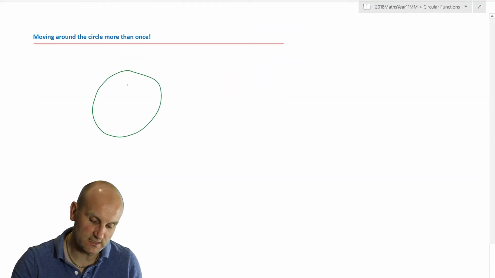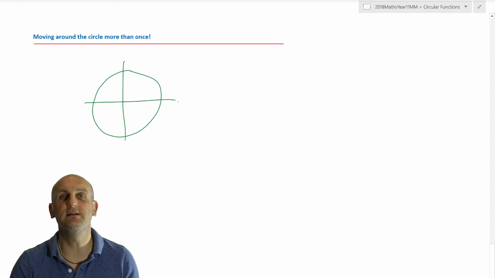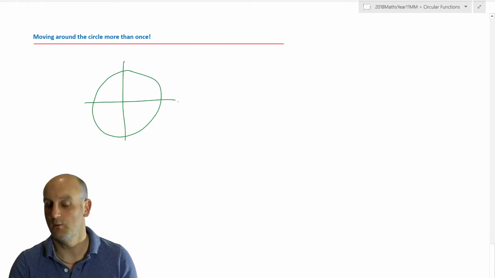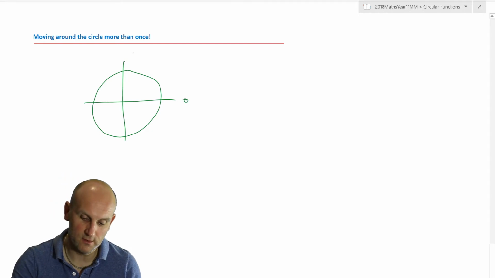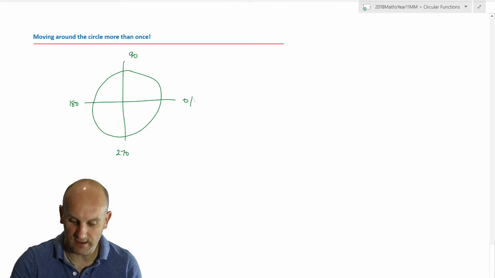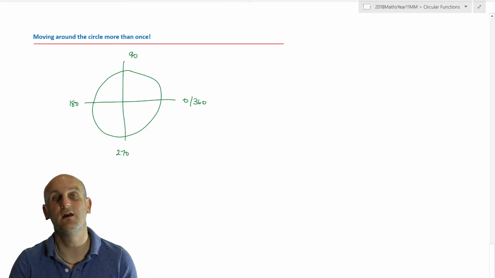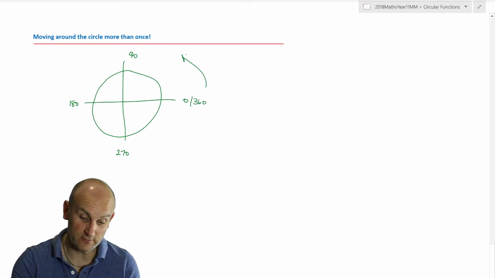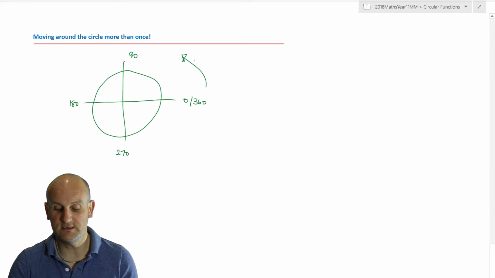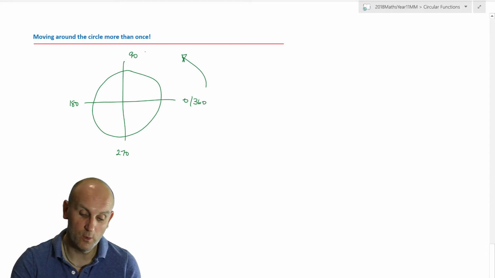Now, I want you to do this. I want you to look at the unit circle and say, how many degrees are there in a circle? Well, it's 360 degrees. 0, 90, 180, 270, and 360. Now, the fact of it is, I could continue counting around my circle. So 360 plus 90 degrees would be